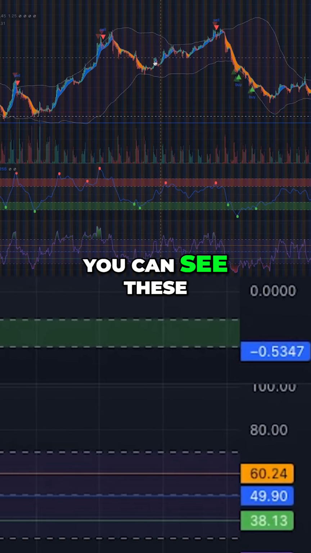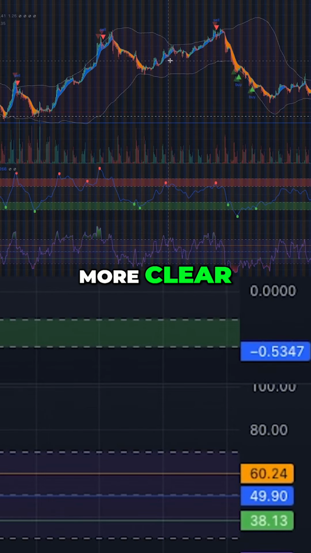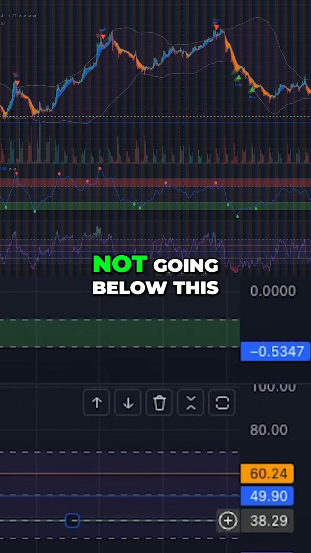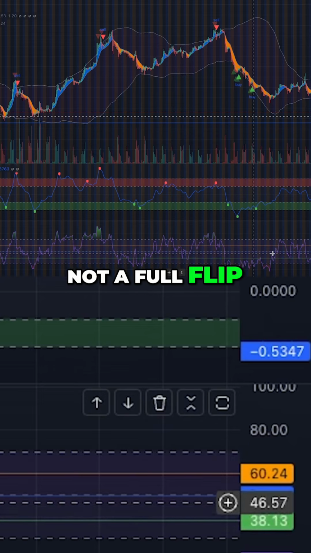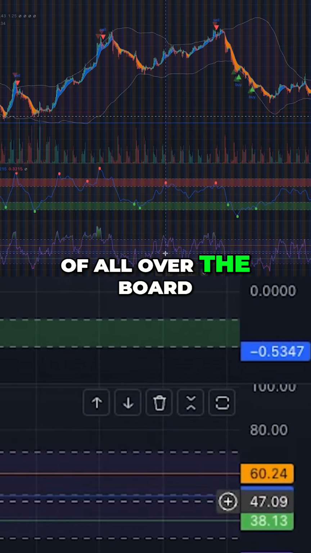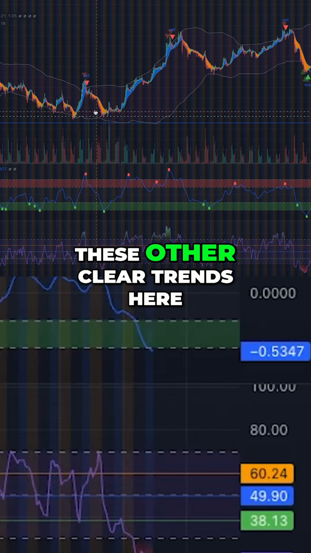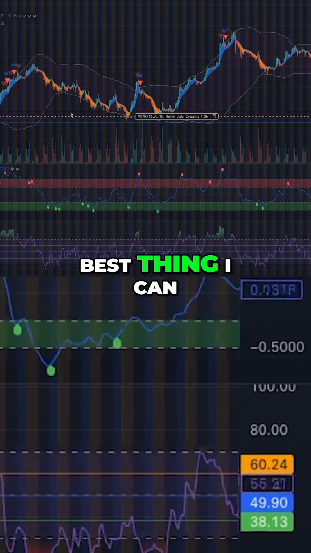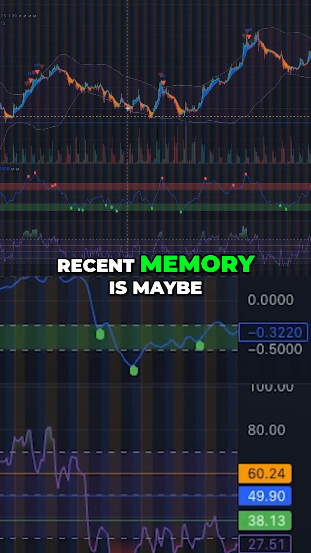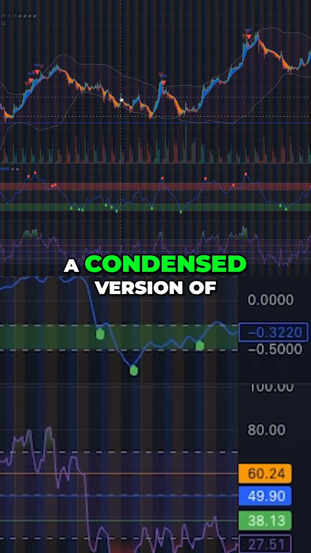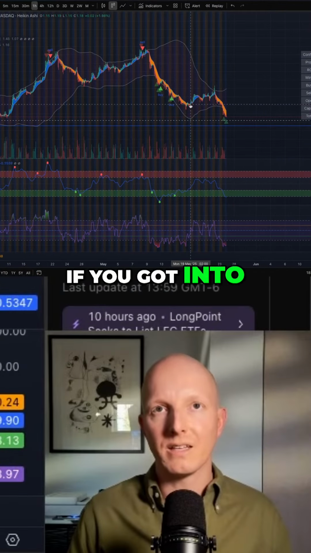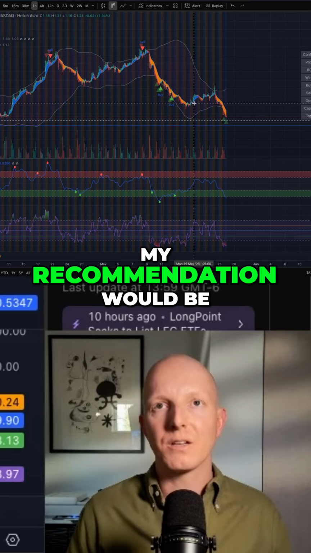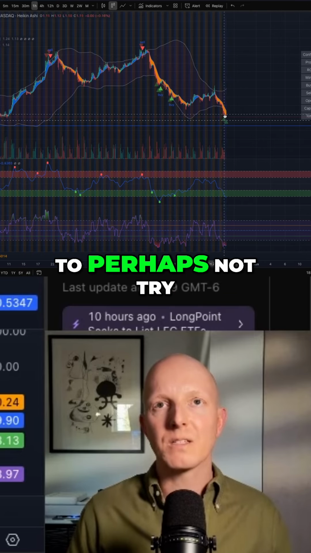Normally you can see these trend flips are much more clear. Like, yes, you get a little fake out here, but we can use our read of RSI not going below this 38 level here to tell us that that's not a full flip. And here we were just kind of all over the board. And you can see these other clear trends here. The best thing I can compare it to in recent memory is maybe a condensed version of some of this fake out here. So if you got into that trade, my recommendation would be to perhaps not try to chase it